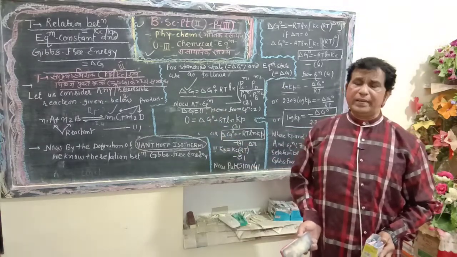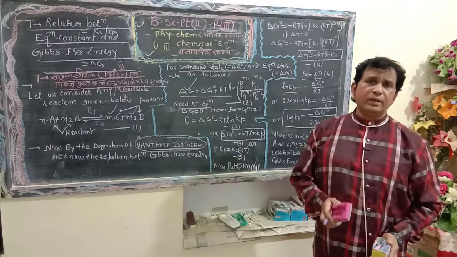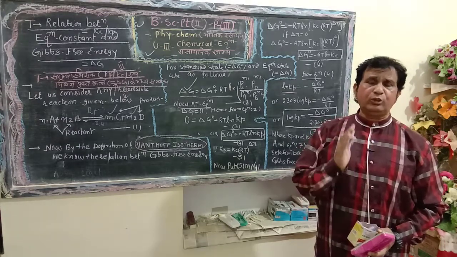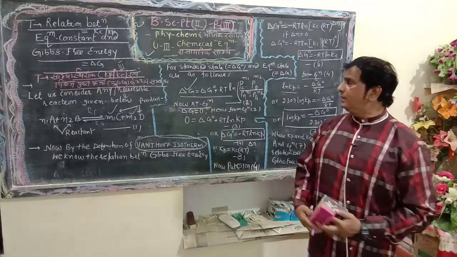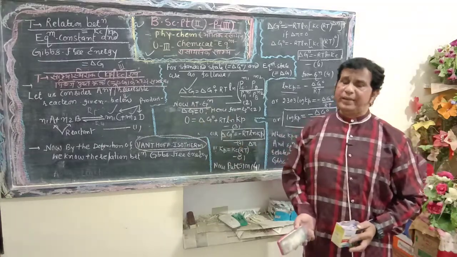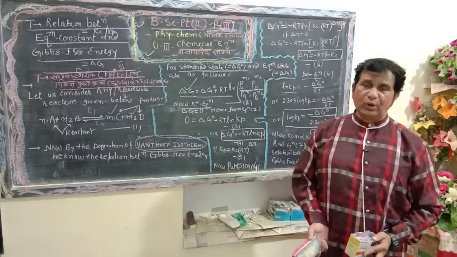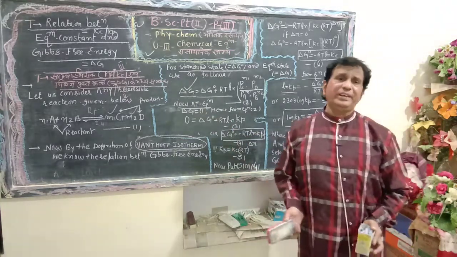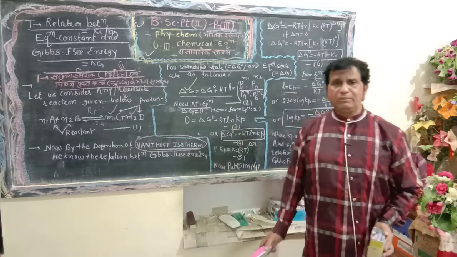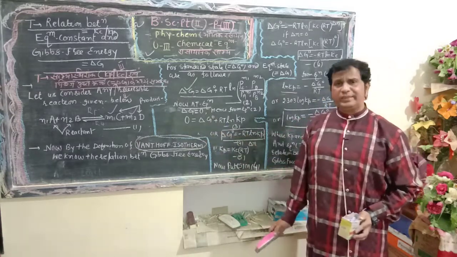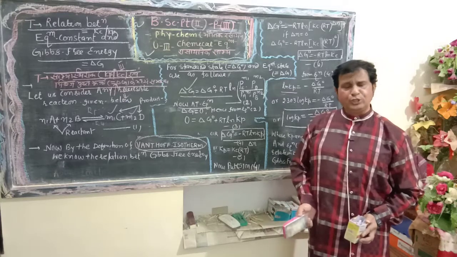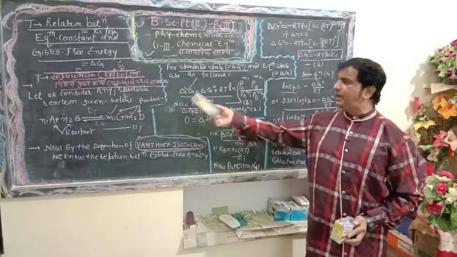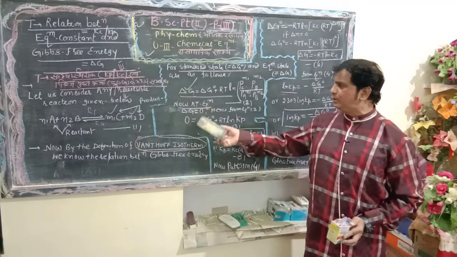Dear students, I appeal to you, I request you, we have two types of Gibbs free energy. Once again, the basic thing you have to remember: the 0 value is expressed by ΔG, because ΔG denotes Gibbs free energy at any temperature. When the rate of forward direction equals the rate of backward direction, it will be 0, and ΔG° will not be zero here.